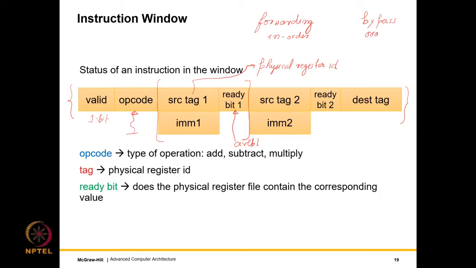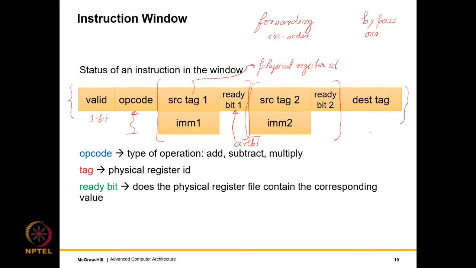So in out-of-order pipelines, instead of using the term forwarding, we'll use the term bypassing. So bypassing, forwarding, same thing. Forwarding in in-order pipelines, bypassing in out-of-order pipelines. And the ready bit basically indicates if we have the data with us, which means it's an immediate. So we of course have another bit to indicate if it's an immediate operand or a register operand, that I'm not showing. And it stores the source tag. Source tag is nothing but the physical register ID. Similarly, we have exactly the same copy of this information for the second source operand, if there is one.